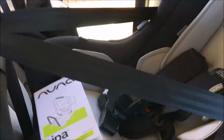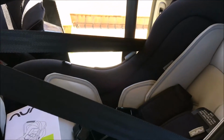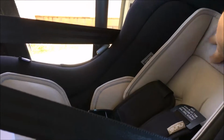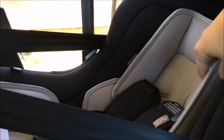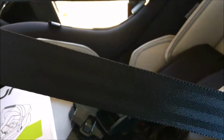But here is the seat. It is a really beautiful seat. I like the one thing about putting it in the middle seat, I think it will get the most shade, particularly because baby's going to be born in summer, because apparently this insert can get quite hot, but you only keep that while baby's newborn. So once they're a few months old, or if it's a big baby, at some point you would take this insert out and they don't need that, so there's still all the protection and padding